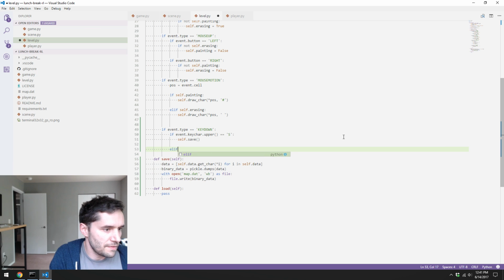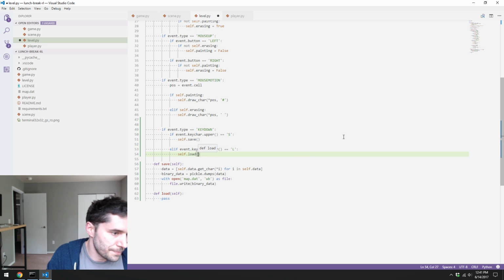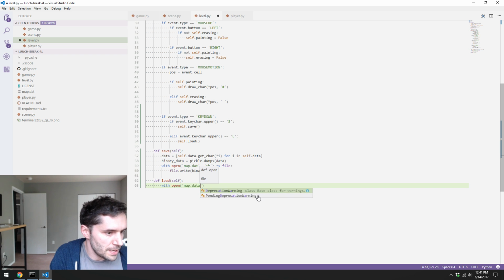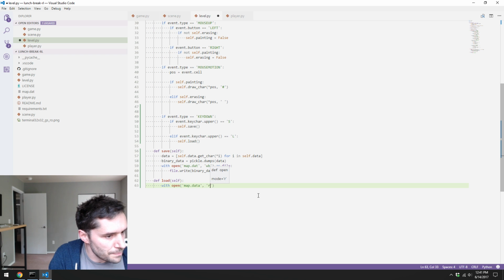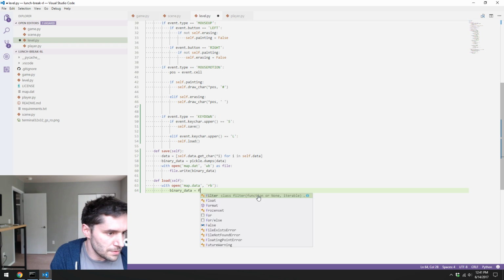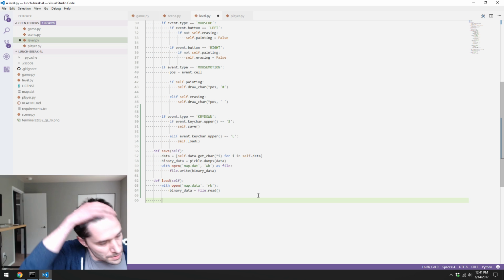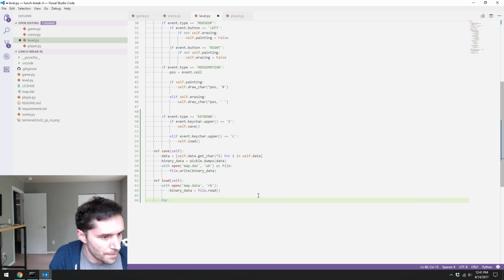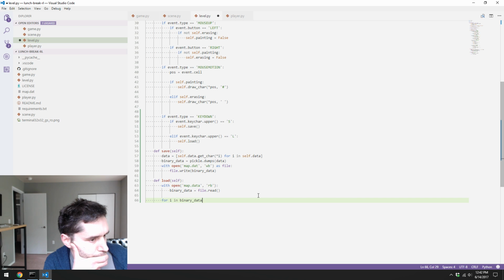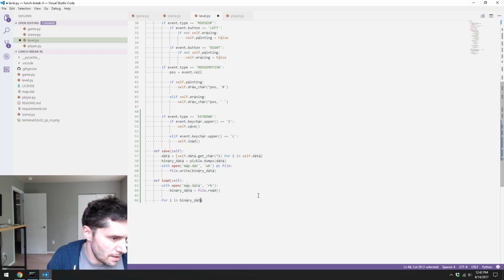And then also let's just hook up the opposite real quick. So elif event.keychar.upper equals L, self.load. And then we just need a with open map.dat, and the method is reading binary, binary data equals file.read, and for i in self.data, for i in binary data, or no, for i in self.data,